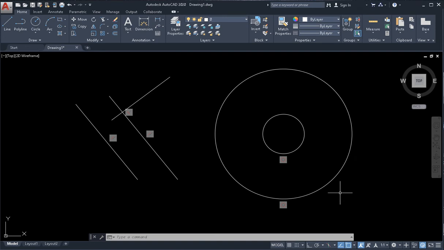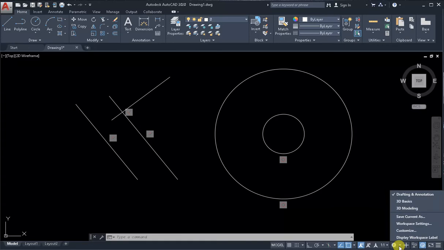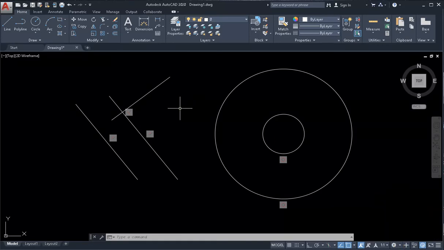In draw we have some constraints. It's concentric, parallel and perpendicular. In workspace, drafting and annotation, on top parametric,